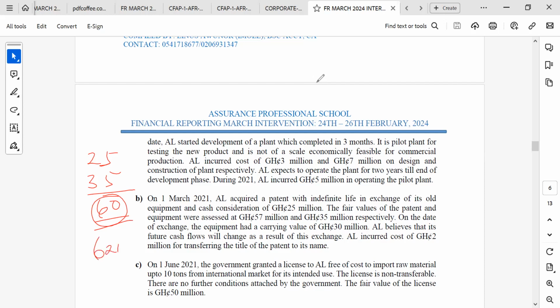So we have 62 million because it's part of the cost that you have to incur to bring the patent to the condition that you can use it. Someone's name is on it. You can't use it. If you're using it, you are using it in the name of that person. So before you can start using it for yourself, you have to do the change of ownership or the change of name. Without a change of name, you can't use the patent in your own name. So the cost of changing the name is seen as part of the cost incurred to bring the patent to the state that we can start using it. So the patent will be recognized as 62 million initially,